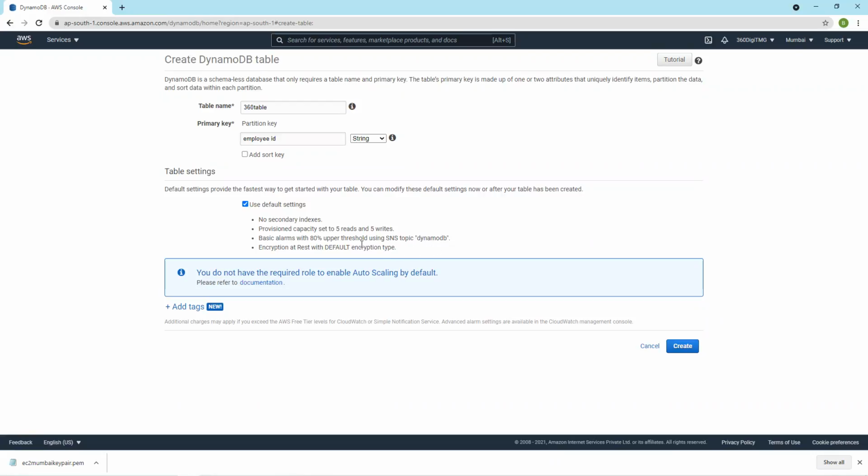That means a basic alarm will be there when 80% of threshold is met, 80% of throughput or of DynamoDB capacity. If it is reached, it will create a topic DynamoDB to send alerts. And encryption at rest and default encryption type. So we are using the default settings and create a table.